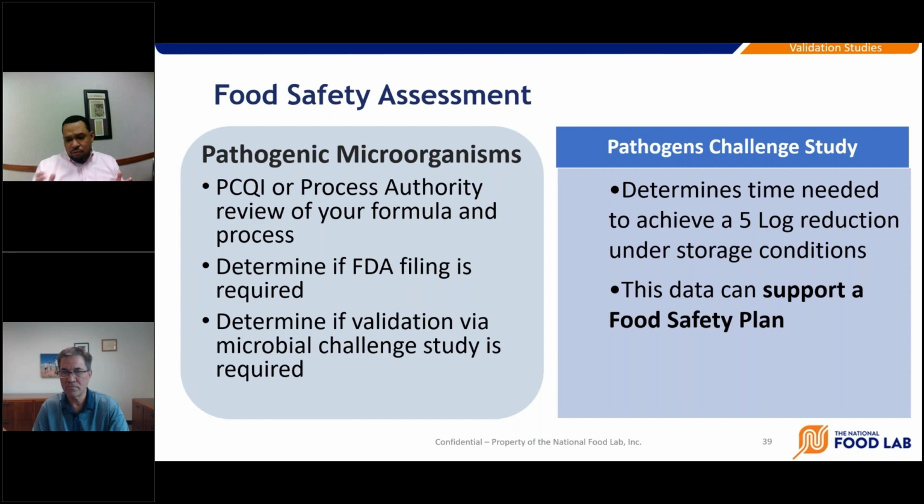For this reason, you can use pathogen challenge studies to determine that you are indeed achieving that 5 log reduction under the storage conditions or processing conditions. And this, like I said, this data can be used to support a food safety plan